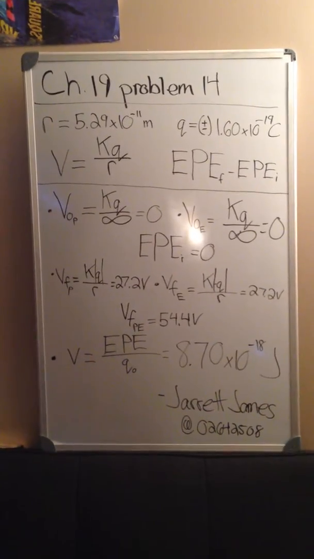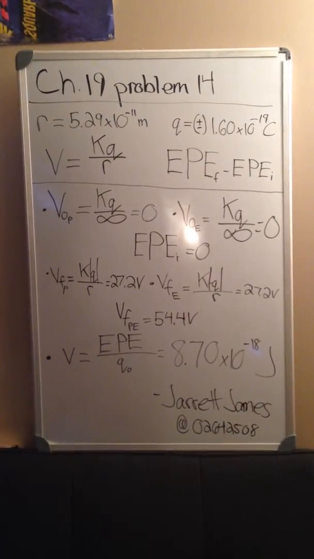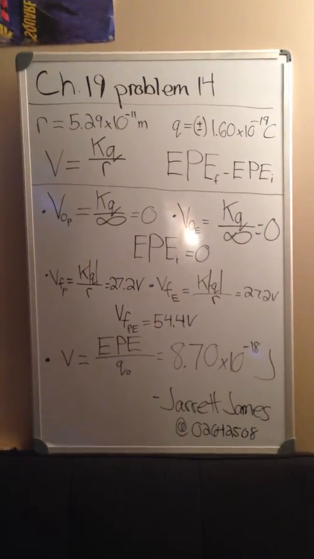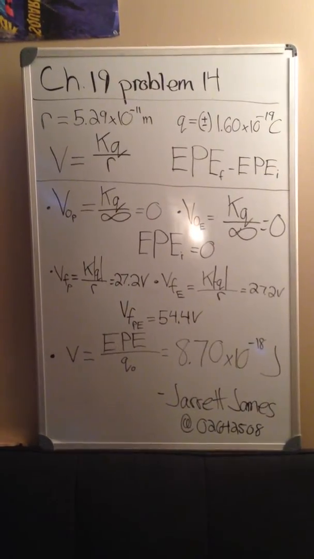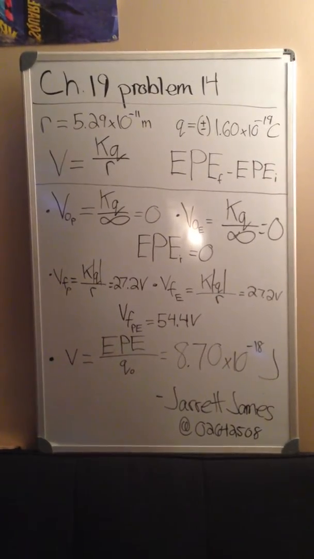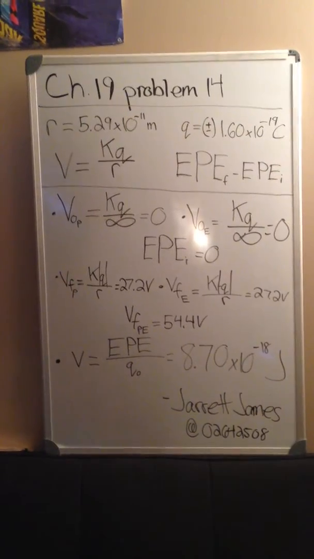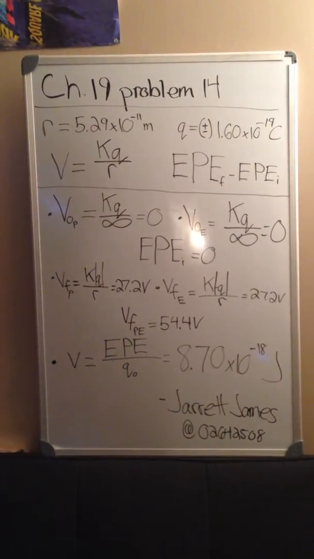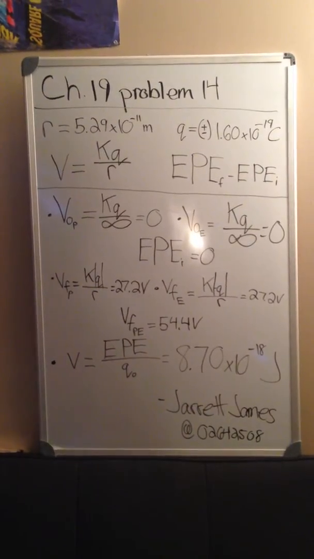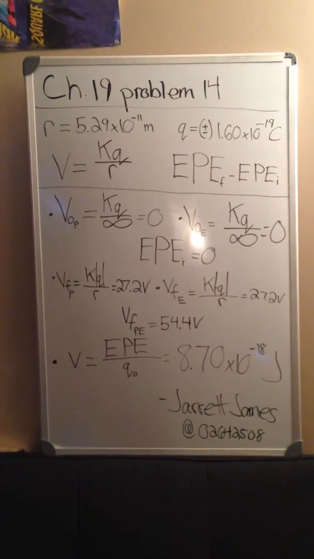So I'll be doing problem 14 from chapter 19, and the problem reads: an electron and a proton are initially very far apart, effectively an infinite distance apart. They are then brought together to form a hydrogen atom, in which the electron orbits the proton at an average distance of 5.29 times 10 to the negative 11 meters. What is the electric potential energy final minus the electric potential energy initial, which is the change in the electric